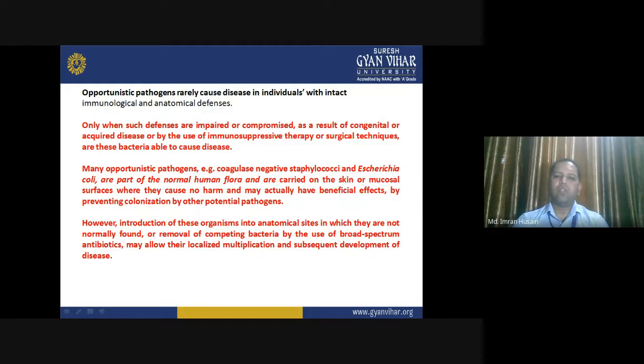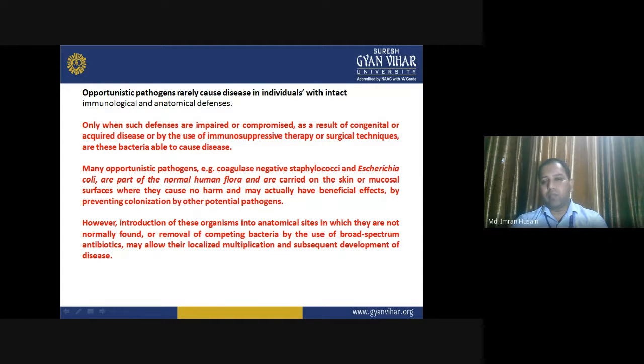However, introduction of these organisms into anatomical sites in which they are not normally found, or removal of competing bacteria by the use of broad spectrum antibiotics may allow their localized multiplication and subsequent development of disease. So, introduction of these pathogens to the anatomical sites which they are not normally found. So how does this take place? Because when some sort of surgery is going on, when any of such procedures are going on, the